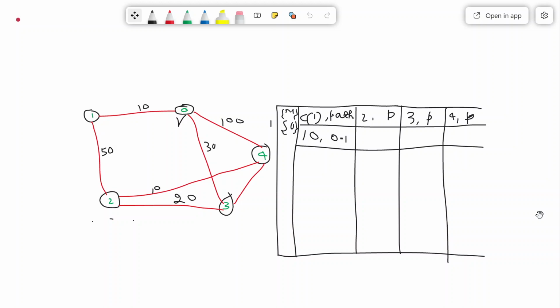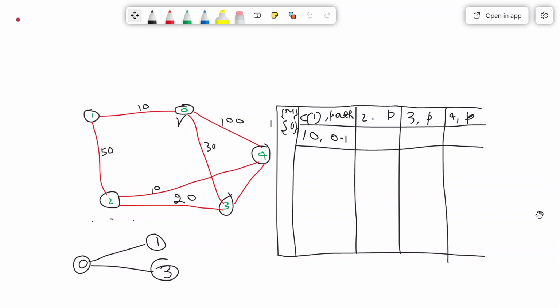If you draw the graph, if this is the 0 node, where are we going from 0? From 0 to 1 we have an edge. Then you are also going to 3. You are also going to 4.